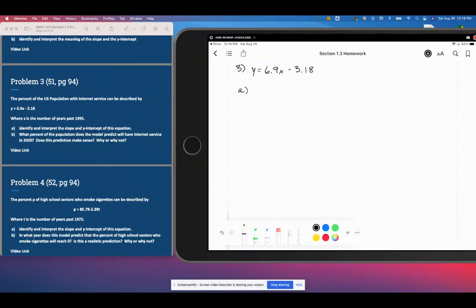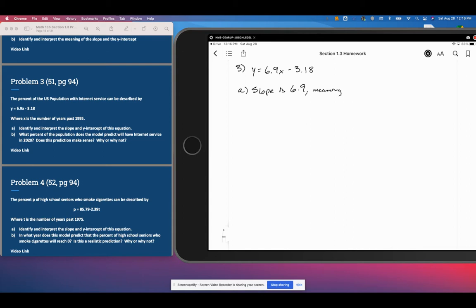Okay, so we're back with number 3, and the percent of US population with internet service can be described by that equation, where X is the number of years past 1995. We are asked to identify and interpret the slope and the y-intercept of this equation. So let's remember that the slope is always the number that is attached to the variable. And so in our case, the slope is 6.9,